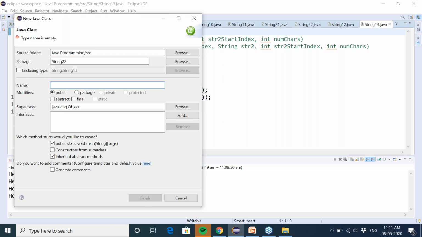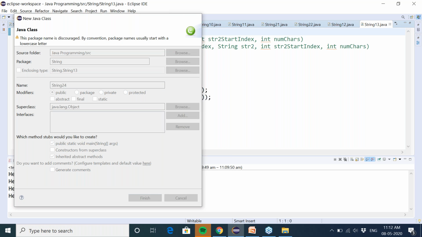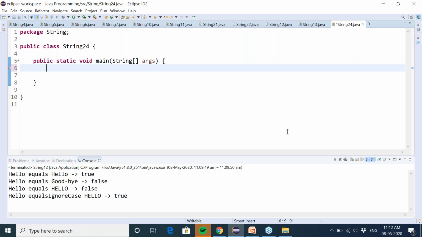So we are going to create a new program over here. This is string 24th program on strings. In this we have two string objects. One is S1, its value is hello, and the other is string type s2. Its value is also hello.